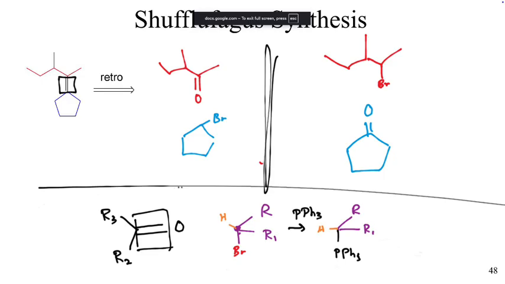Then what did we have to do? We needed our strong base, our butyl lithium, to go through and remove that hydrogen so that we had our strong nucleophile that could go through and run this reaction. Okay, so what Lorraine is referencing is that when we look at those steps of the Wittig, do those steps